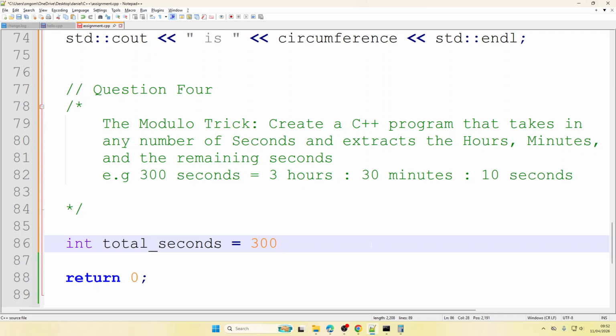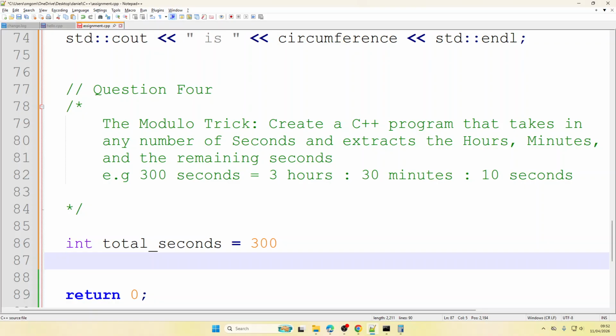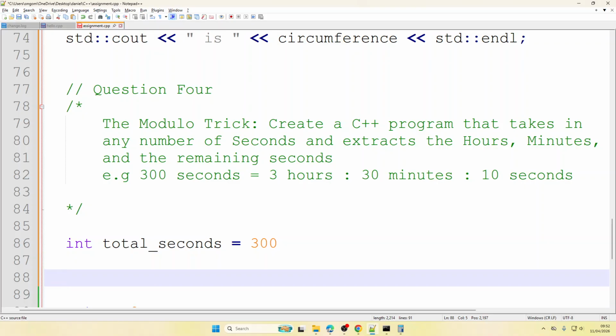Okay, so now that we have this, I'm going to extract my hours, which is still going to be an integer. So I'm going to say int hours, which is going to be, in the total seconds that we have, we want to know how many hours there are. So to achieve that,